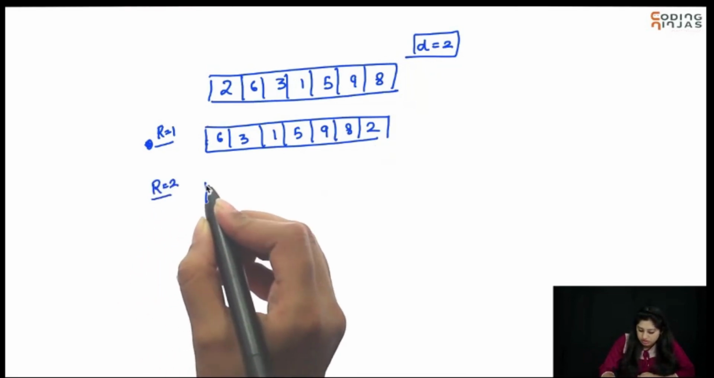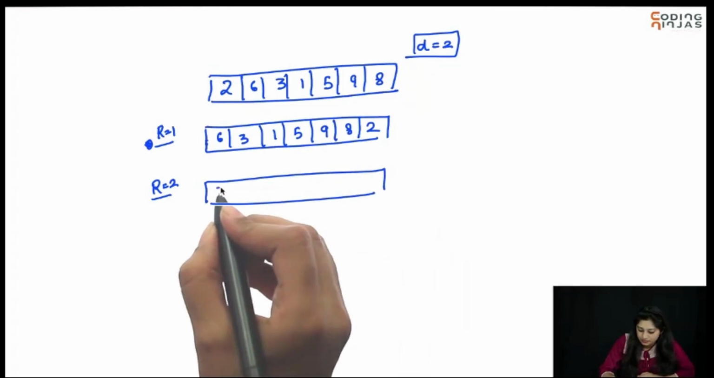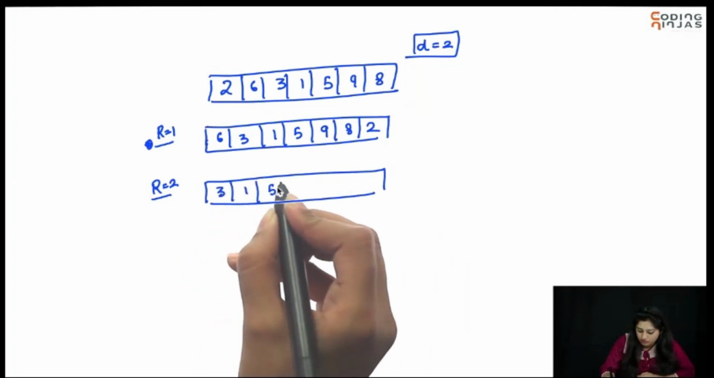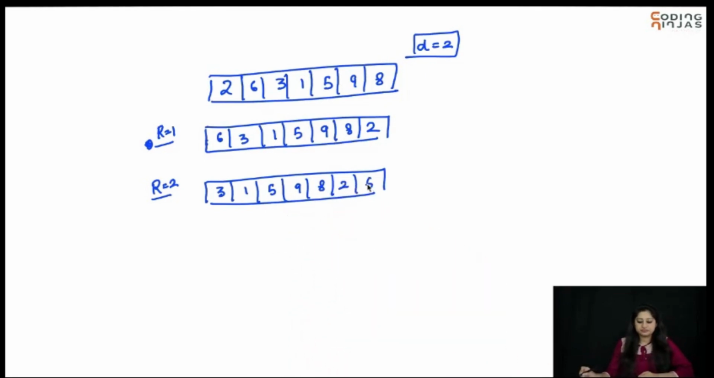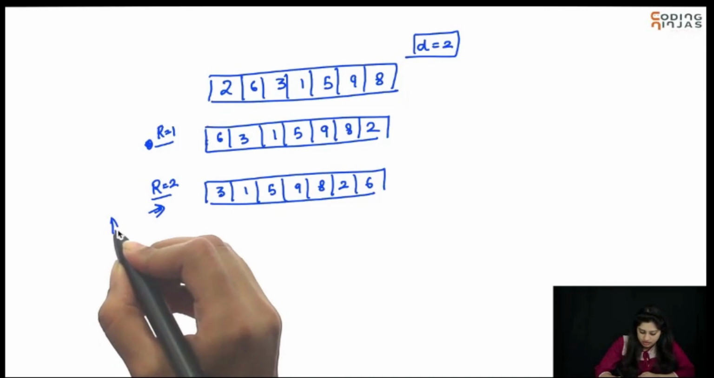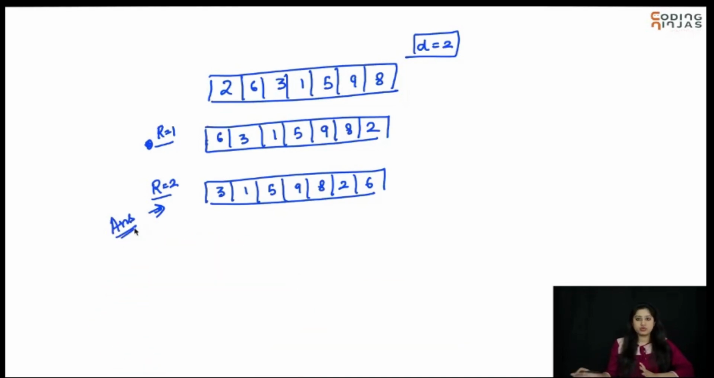After second rotation, this array will be 3, 1, 5, 9, 8, 2 and 6. And this will be our answer. This is our target. So this is what we are supposed to do. D is the number which will be given to us, and we need to rotate the complete array by d positions towards left. So this is what our target is. So let's now discuss how can we actually go about solving this problem. I think the first and simple approach can be, let's perform d shifts in total,